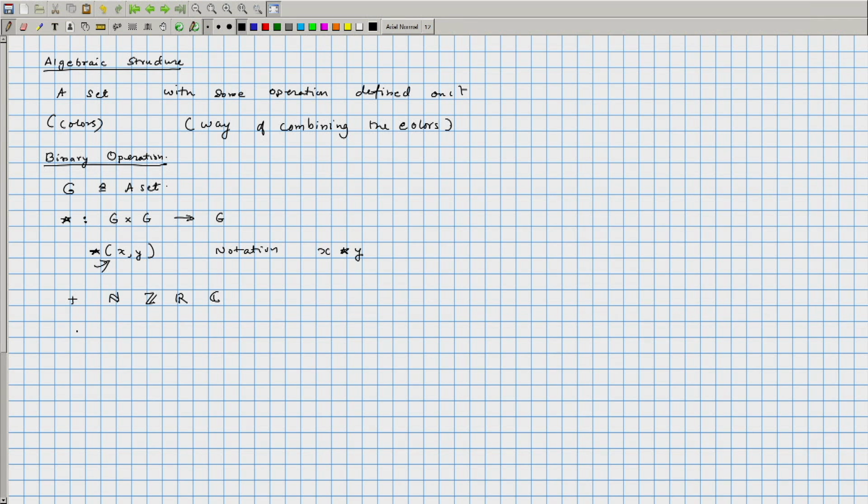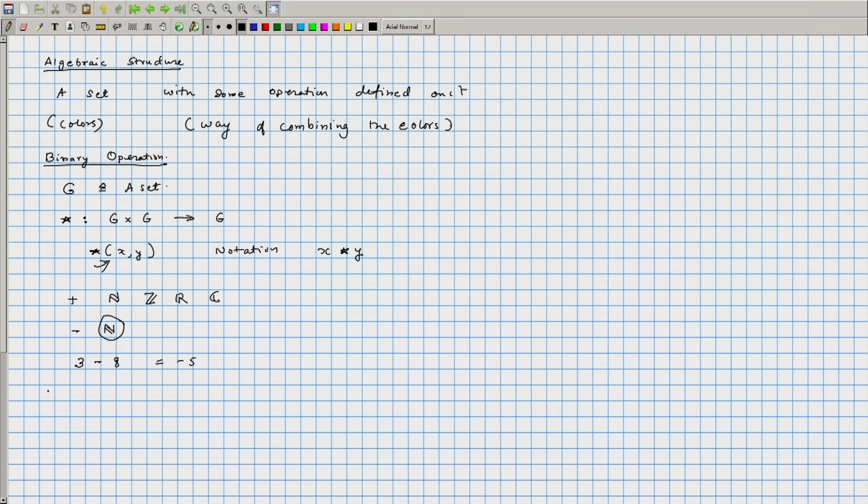Now, if you think of the subtraction operation on the set of natural numbers, that is not well defined. So, we should not really talk about subtraction on natural numbers, because if you look at 3 minus 8, the result is not a natural number. When we say binary operations, by definition they take 2 elements and return a third element. So, 3 minus 8, the answer is minus 5, and that is not an element of N. So, minus cannot be viewed as a binary operation on this particular set, but of course, it can be viewed as a valid binary operation on the set of integers.